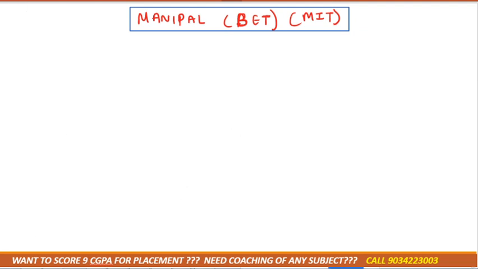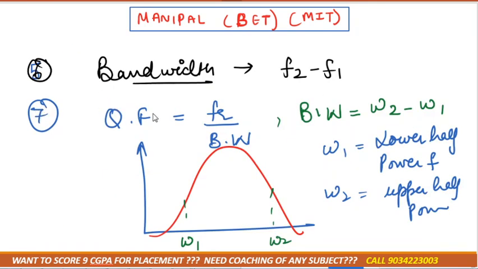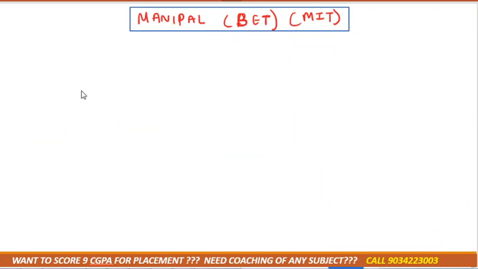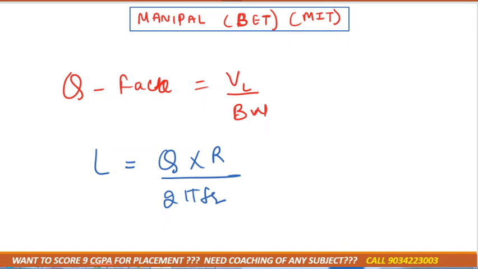And one more formula related to the bandwidth, that I already told you, that is resonant frequency divided by bandwidth. Okay, one more formula we have related to this, that is Q factor would be equal to the voltage drop across the inductor divided by the voltage, and from that if we want to calculate L, that is Q factor multiplied by resistance divided by 2 pi Fr. Okay, all these are the